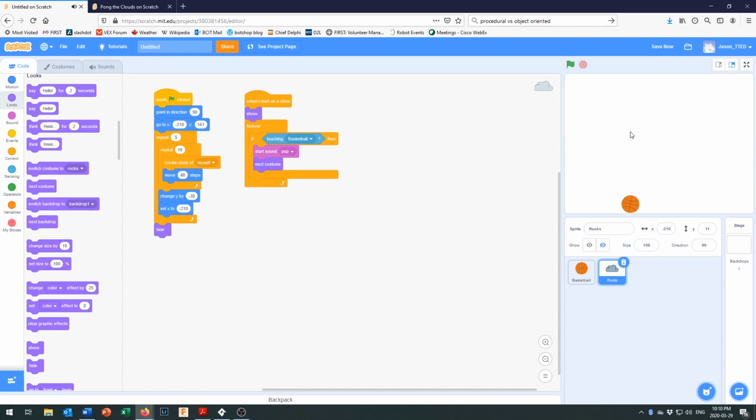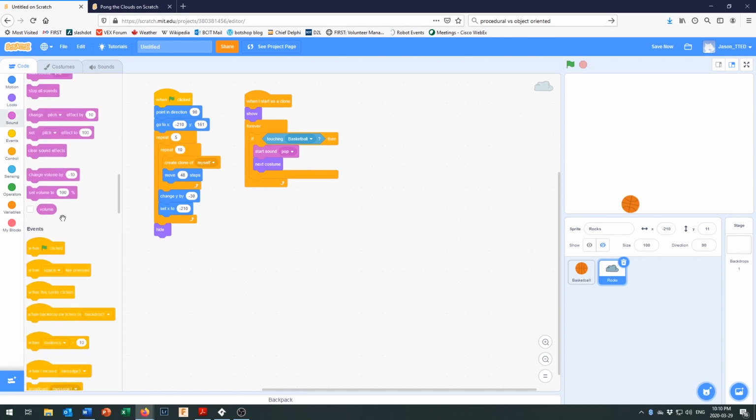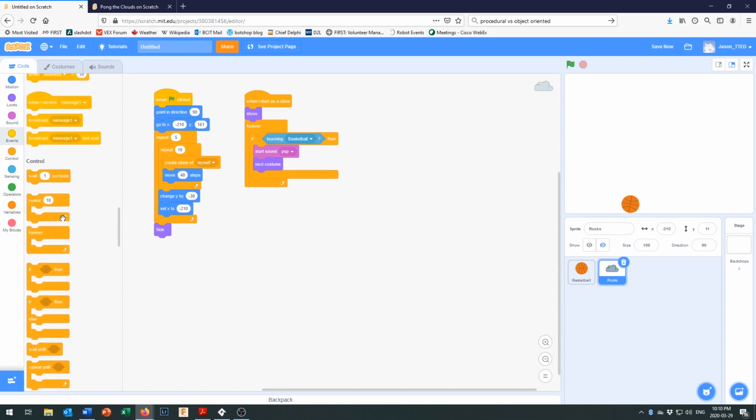That's probably programmatically the most efficient way, because as you keep hitting them, you get fewer and fewer rocks having to check for collisions. So you can add an if statement right in here, and you can say next costume,